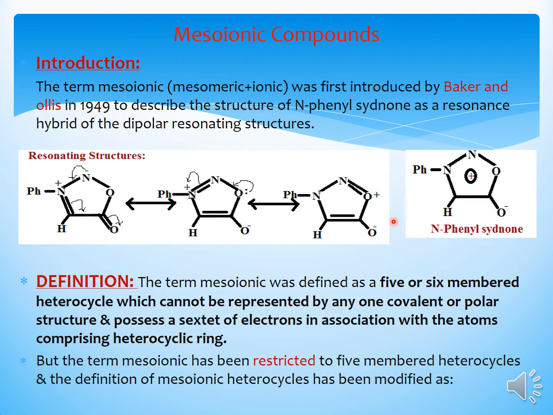Okay, then moving on to the resonating structures of the N-phenyl Sydnone. This is how you will write the N-phenyl Sydnone resonating structure. It is like this. The negative N will have the negative charge because it is having only 2 bonds attached, and one more N, which is adjacent to the N minus, has a positive charge because it is having 4 bonds.